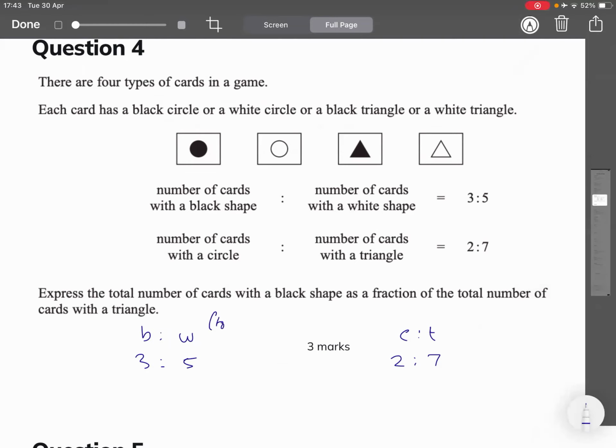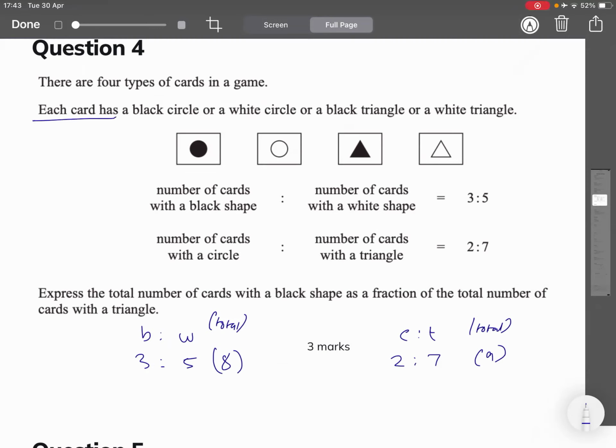But I'm also allowed to use the total. In the previous question, the total was half of the other total. But in this case, the total is 8, right? And the total here is 9. So it doesn't say that the total is half of the other total, does it? No. It says